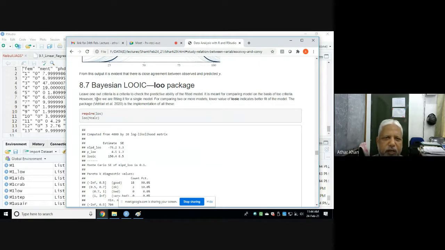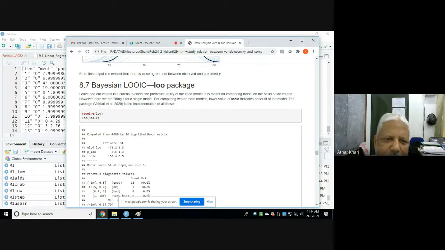LOO stands for leave one out criteria. We leave one and then we analyze, then we leave another one and then we analyze. So that is a technique which is known as cross-validation. Leave one out criteria is a criteria to check the predictive ability of the fitted model. It is meant for comparing models on the basis of leave one out criteria.